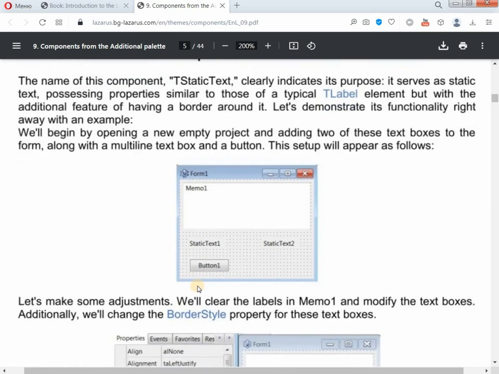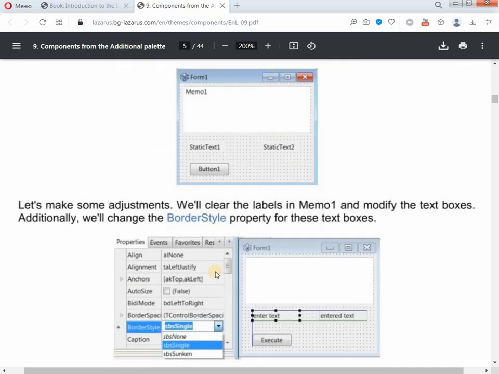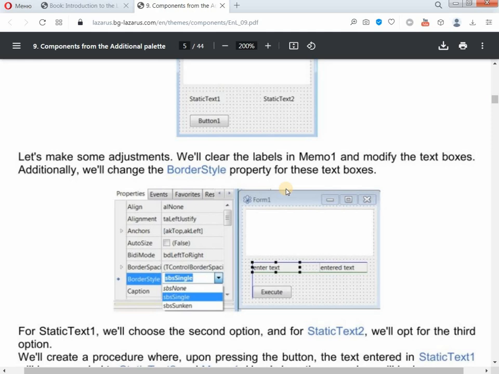So, we open a new empty project. We have the form, 2 text boxes, 1 multi-line TMemo field and 1 button. This will all look like this. We are making some adjustments. Let me just say, we are looking now from the PDF file. I will show an example for the third part. We remove the text from Memo1, and the text fields will also be changeable, and here's that extra